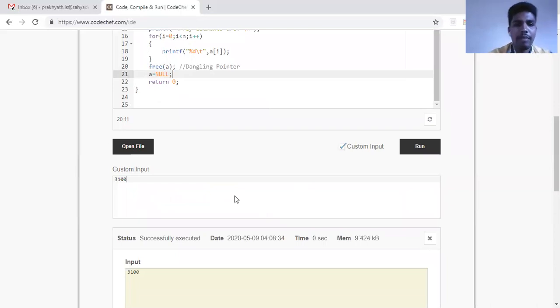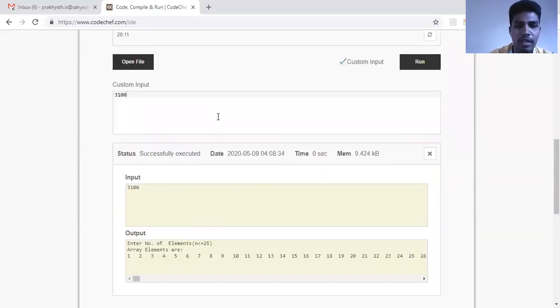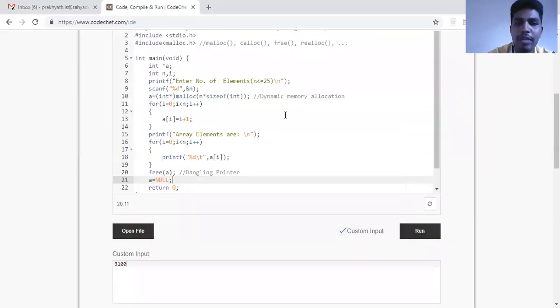Okay, so now I'm getting the answer. So this is the concept. And here I need not write n should be less than or equal to 25 because I can have any number of elements. Because if I write 100, I'm getting 100 rooms. If I write 200, I'm getting 200 rooms. But in the previous program, if I write 100, I'm getting only 100 rooms.